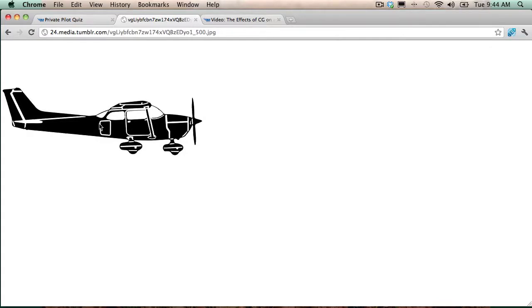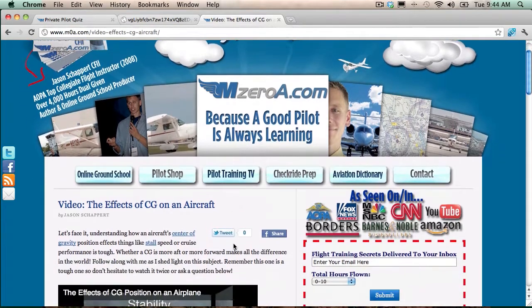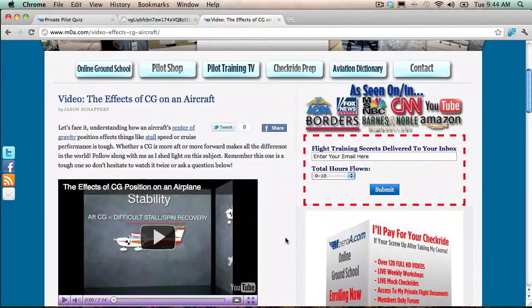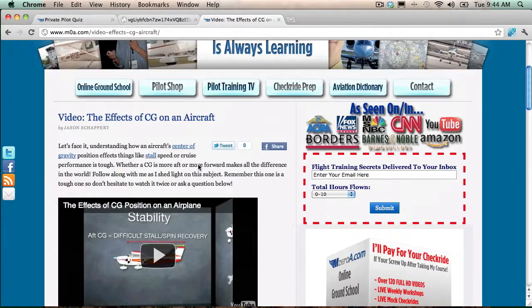The distance from the CG, the center of gravity point, to the rudder, thus making it less stable. I have a great video on that. It's called The Effects of CG on an Aircraft, one of my original videos, but it takes a really complex subject and breaks it down like that. I'll include a link underneath this video so you can see that video as well if that's one of the